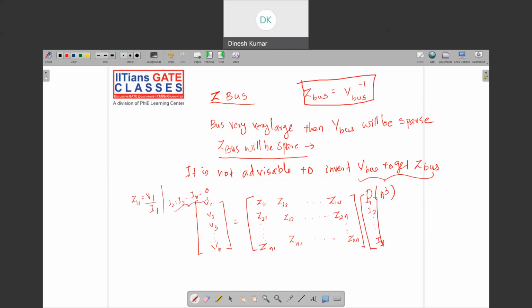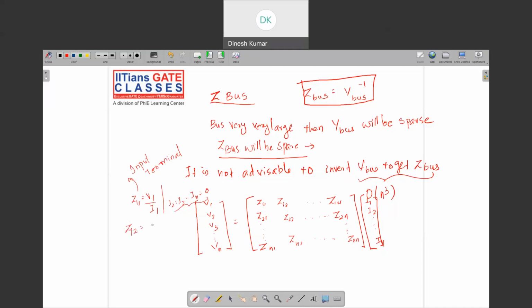So Z11 is also known as the driving point impedance function. This is the input terminal, where Z11 is equal to V1 by I1. Similarly, we can define